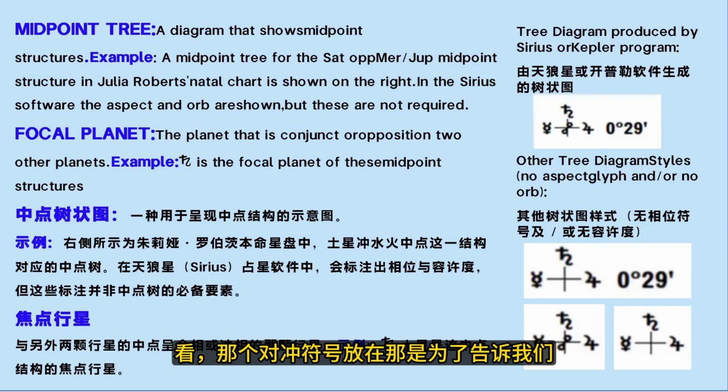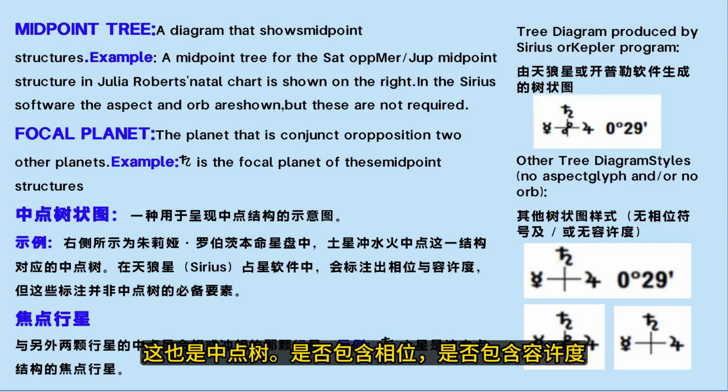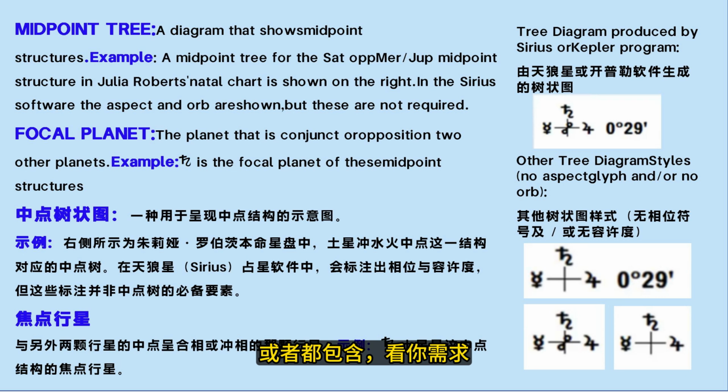See, the opposition glyph is put in there to tell us it's an opposition. That's not required to be a tree, a midpoint tree. It's also not required to include the orb. So this image in the lower right, Saturn at the top with Mercury and Jupiter on the sides, that's also a midpoint tree. Whether you include the aspect, whether you include the orb, whether you include both, is up to